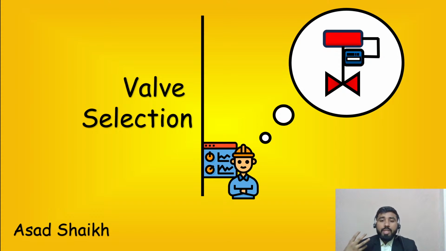So when it comes to selection, what do you think is the parameter that comes to your mind? How do you select a valve? Is there any specific guideline that you follow, or you just go by the PNID? Whatever is written there is what you would follow. How do you usually go with selecting? Let us see in the chat what people have to say.